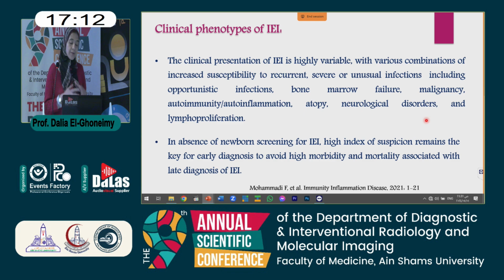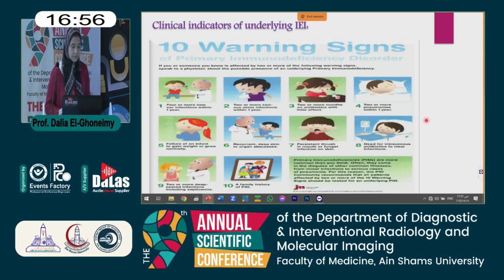And it is very important that a high index of suspicion remains the key for early diagnosis because we don't have newborn screening for IEI. Therefore, early and prompt diagnosis is essential to avoid high morbidity and mortality associated with late diagnosis. And for this, for the general practitioner and non-pediatric immunologist, the Jeffrey Modell Foundation listed 10 warning signs helping